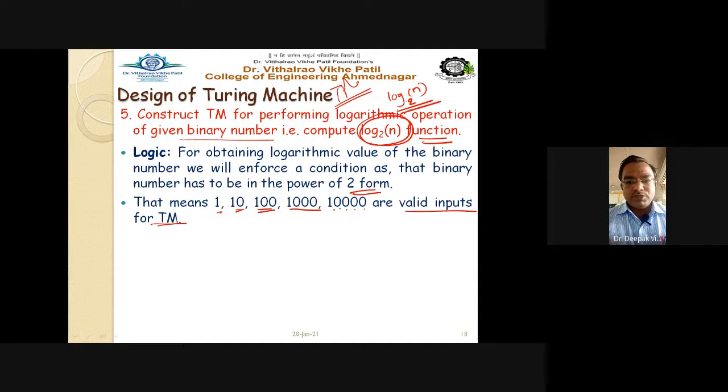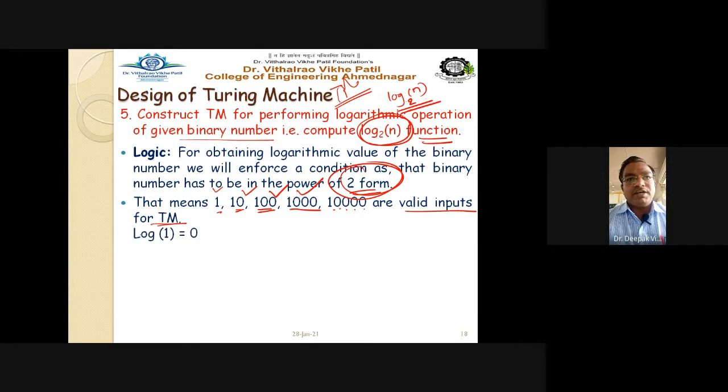Means there must be a restriction on giving inputs to the Turing machine. They must be in the power of 2 form, right? So we can say 1 is a valid input, 10 is a valid input, 100 is a valid input, and 1000 is also a valid input for the Turing machine, right?